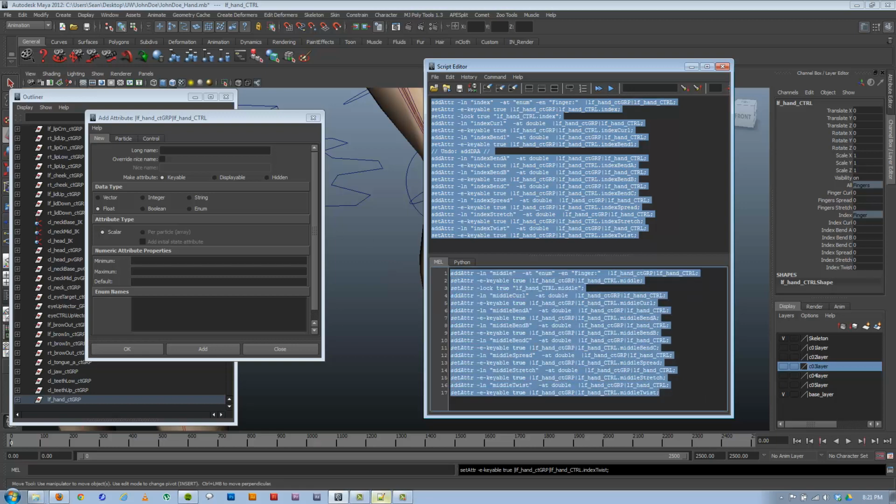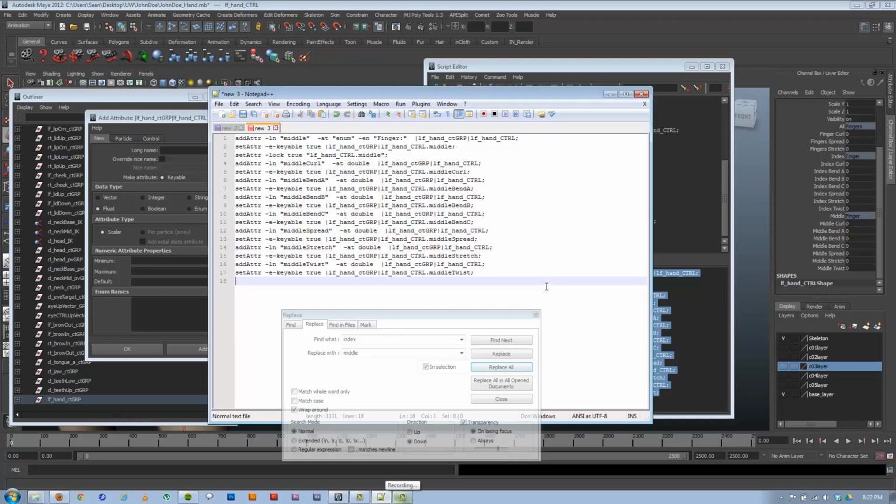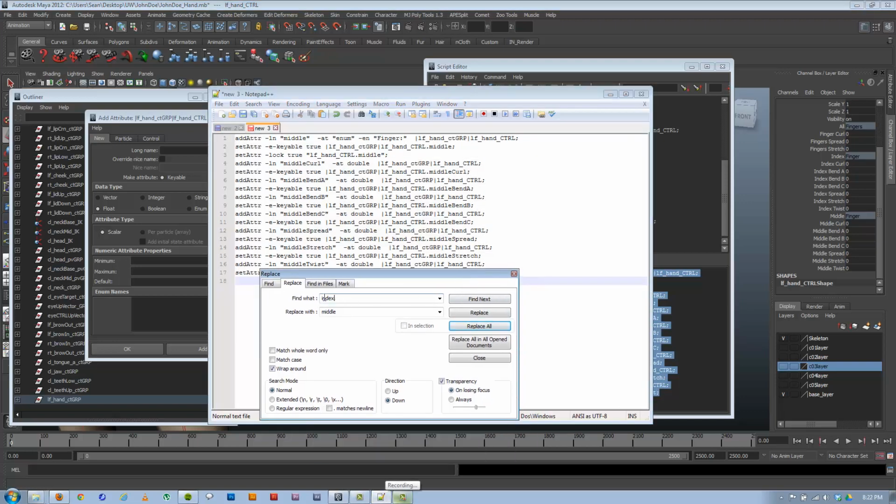So I'm going to hit enter here, and the reason I'm leaving it highlighted is in case there's an error, then I could go look for what the typo is, try to fix it, and then update it, and I'll still have all the script here to do that easily. So there we go, we got middle now. And really this is faster, it's just taking me a long time to explain to you guys what's going on. So now we replace middle with ring,